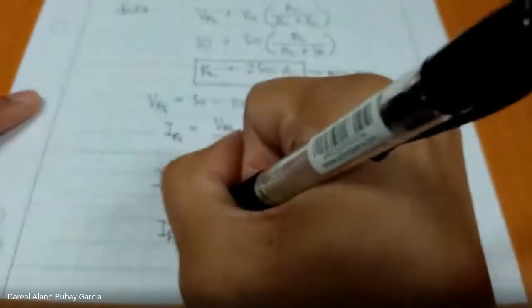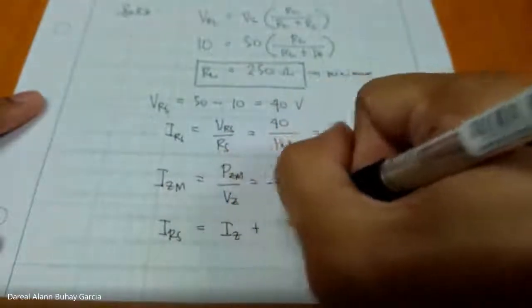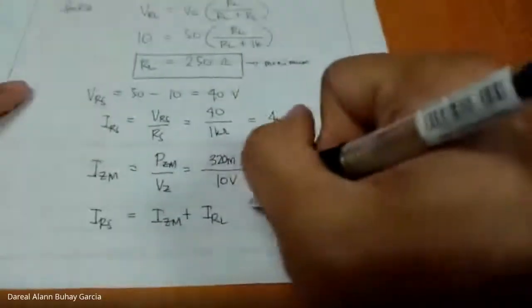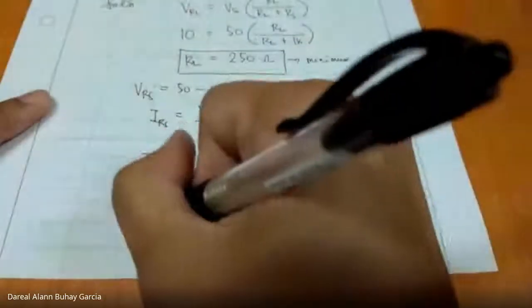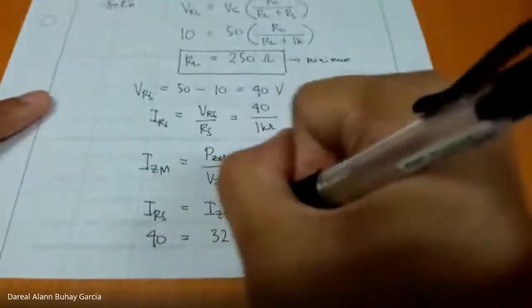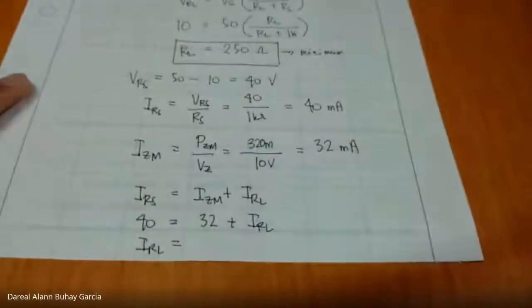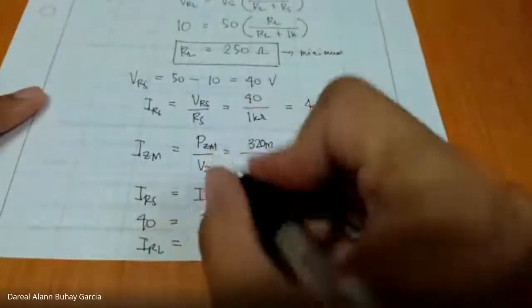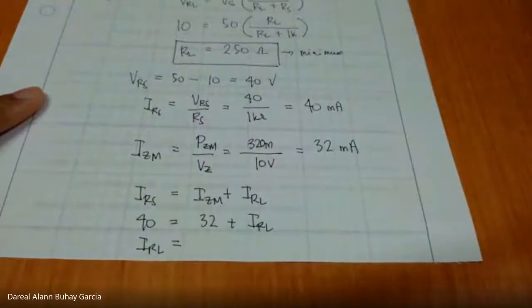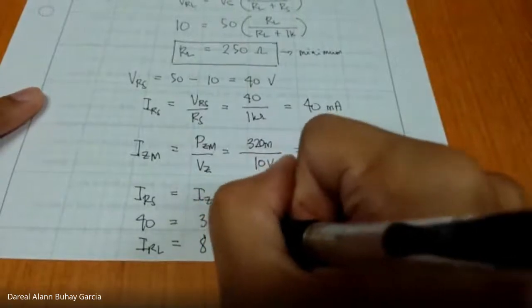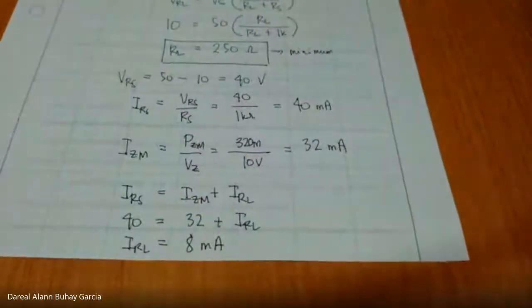IRS, yes, 40 milliamperes is equal to IZ max plus IRL, which is equal to 32 plus IRL. Therefore, IRL is equal to 8 milliamperes. So, at 8 milliamperes,